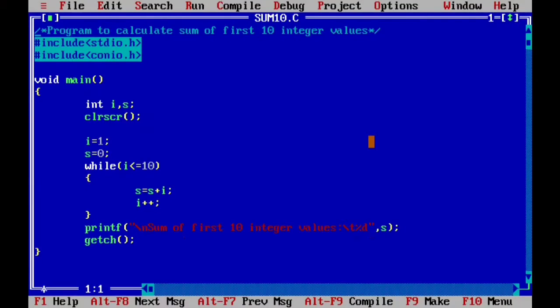Let's have a look at this program. This program is to calculate the sum of first 10 integer values. As discussed over the board, we have taken two variables for this. i has been initialized to 1, which is going to